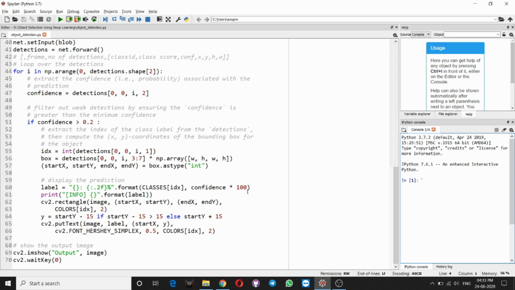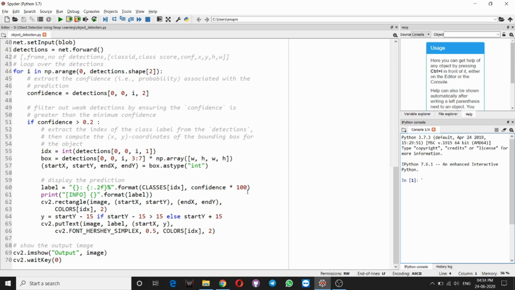Now we have to draw our rectangles also. For this we are using the cv2.rectangle method, and we pass the image as the first argument, then the startX and startY of the box and endX and endY of the box, then the color for this particular index, and then 2 is the width of the rectangle.